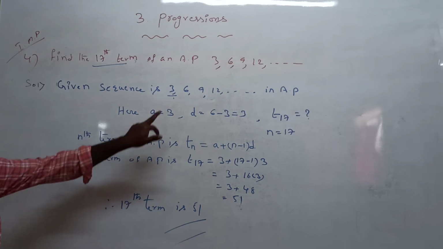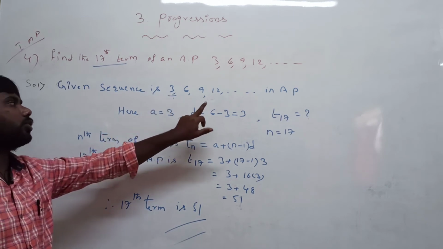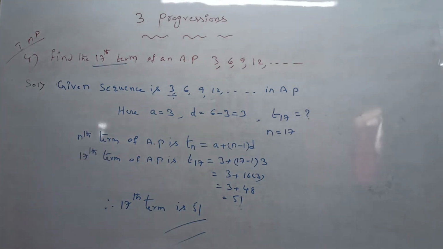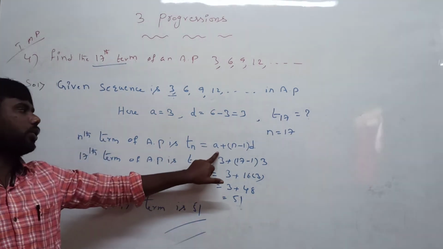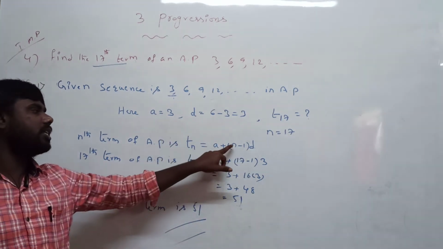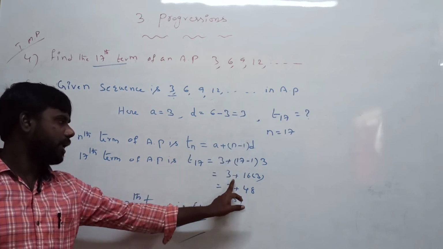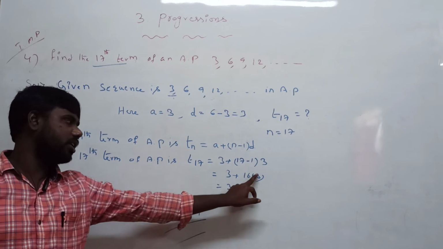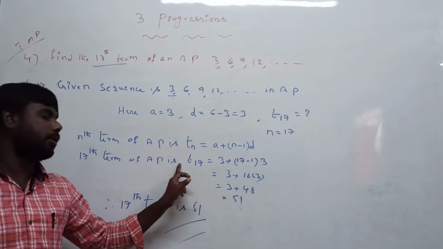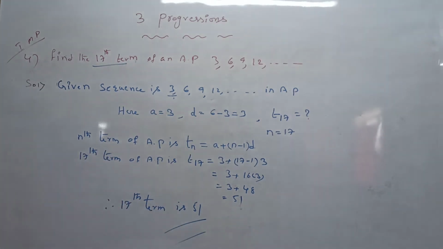Now write: a is equal to the first term, which is 3; d is equal to any term minus the before term, which is 3. To find the value of the 17th term, apply the nth term of the arithmetic progression: Tn is equal to a plus n minus 1 into d. A value is 3, n value is 17 minus 1, into d value is 3. So simplify the values. 3 plus 17 minus 1 is 16, into 3, 16 times 3 is 48, 48 plus 3 is 51. 51 is which value? The 17th term. Now finally we get the 17th term is 51. Very, very important. This is all the questions.